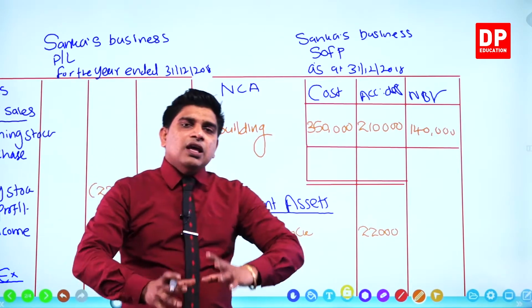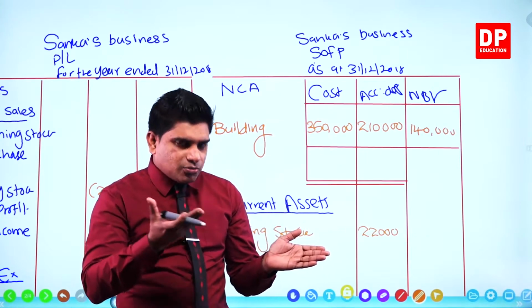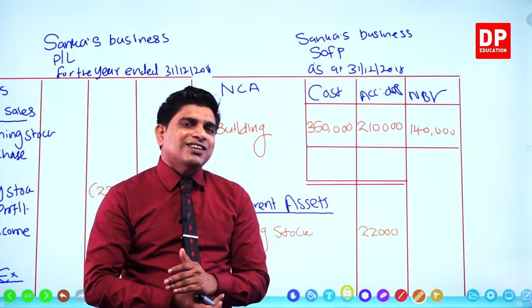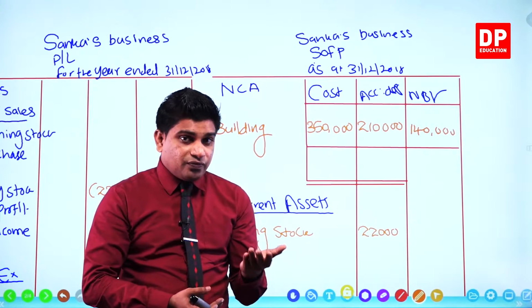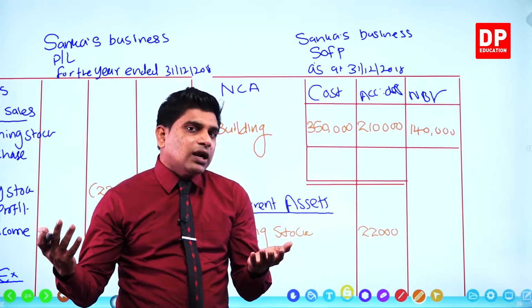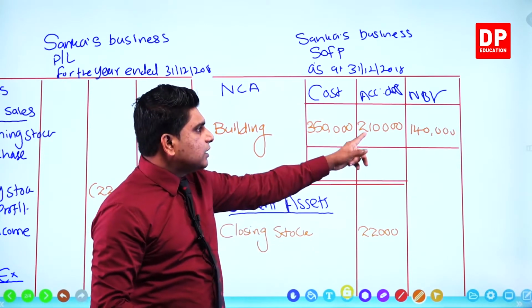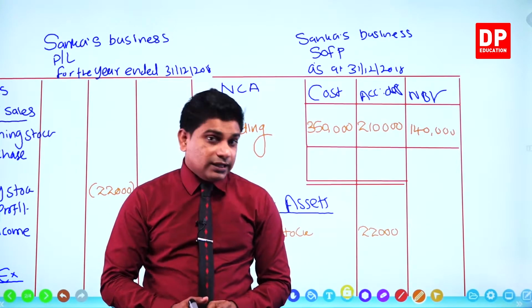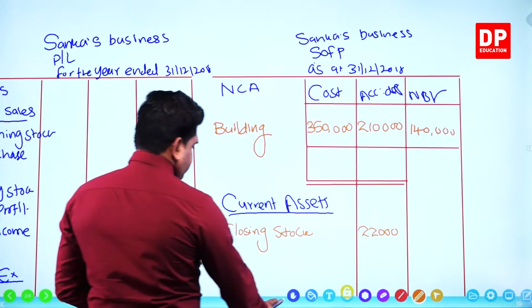You must remember, every year the annual depreciation amount, from the given percentage which comes under the additional information, that answer you must write in the profit and loss statement. If they have provided accumulated depreciation at the beginning date, you add that depreciation and the amount written under the profit and loss statement, and write the total under the accumulated depreciation column in the non-current assets. I think you understood well, right? Now, next one.